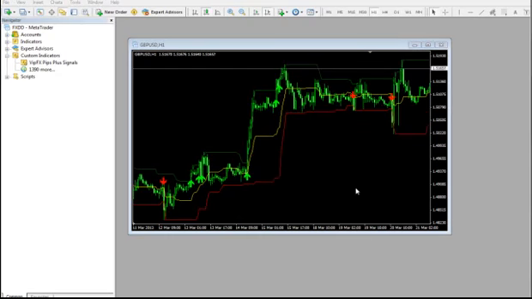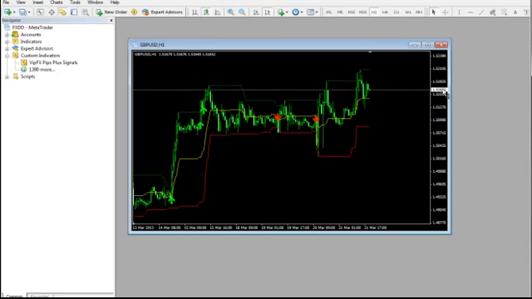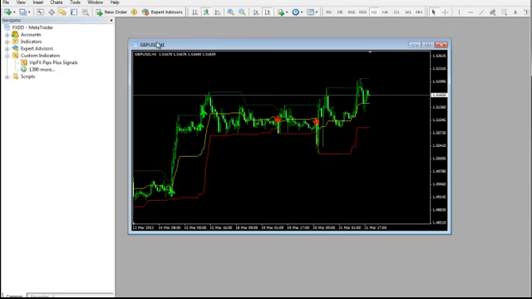Now this package also comes with something that'll help you automatically trade these signals. If you find a really good setting or find something that you like and you want to automatically trade these signals, then we've included an expert advisor as well. And what this is, is a trading robot that will look at this indicator and automatically trade for you. Let me show you what that looks like. Alright,